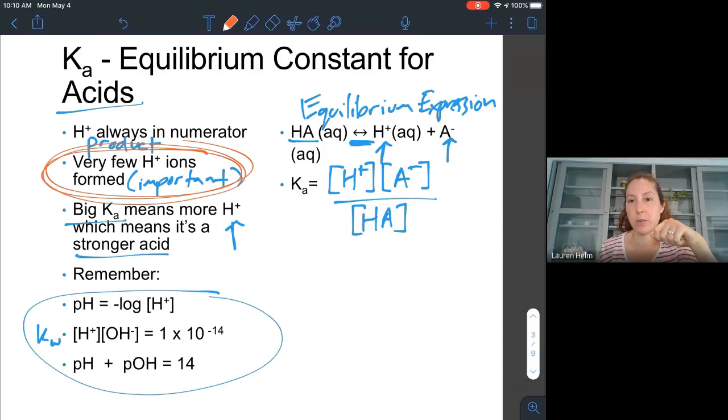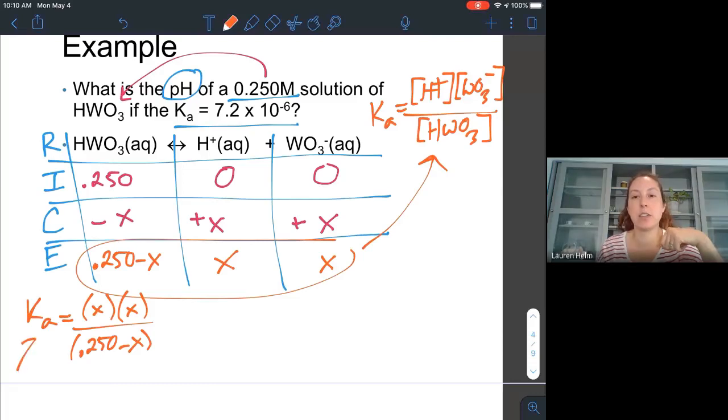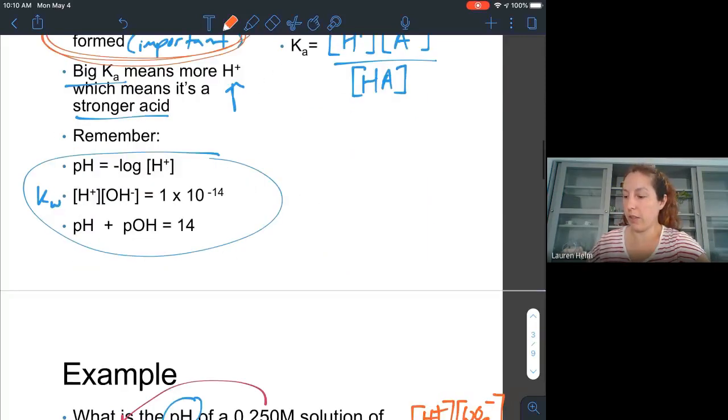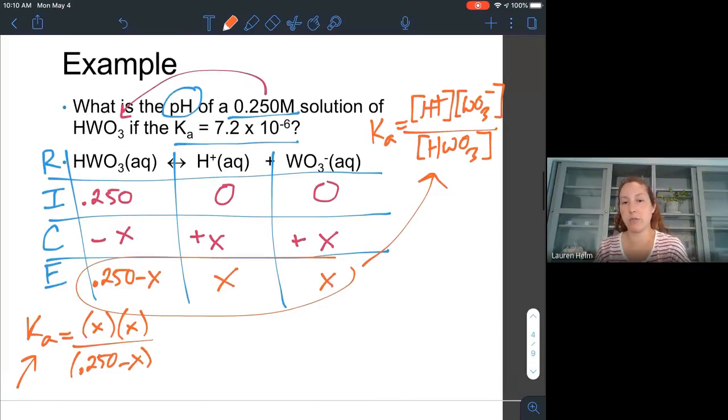Very few hydrogen ions are formed. As this is written right now, to solve this, you're going to have to do a quadratic equation, which can be done. However, we can make an assumption that allows our math to work out. Very few hydrogen ions are formed. That means if very few hydrogen ions are formed, then our equilibrium concentration of HWO3 isn't significantly less than 0.250. If it's not significantly less, then the assumption I can make, I can assume